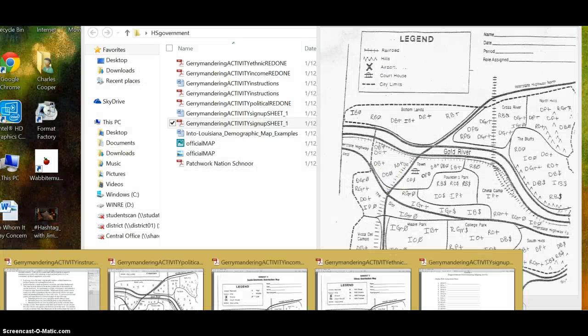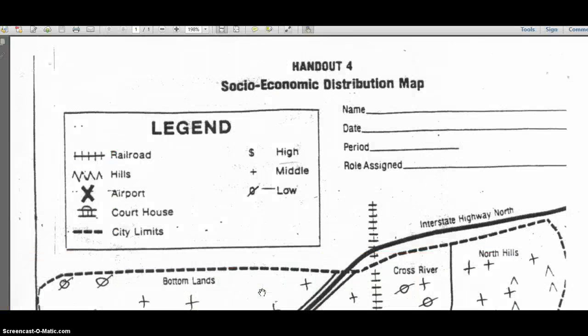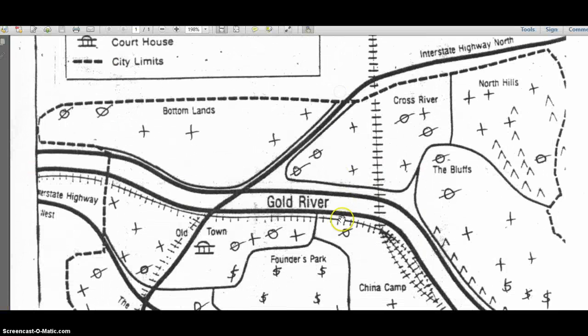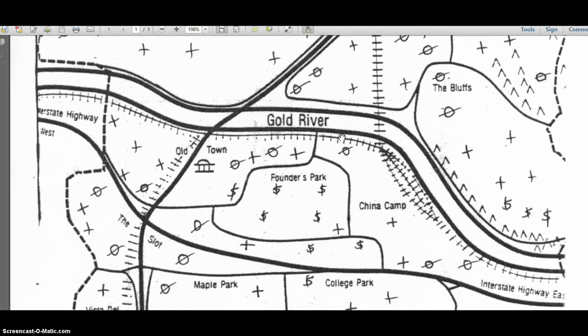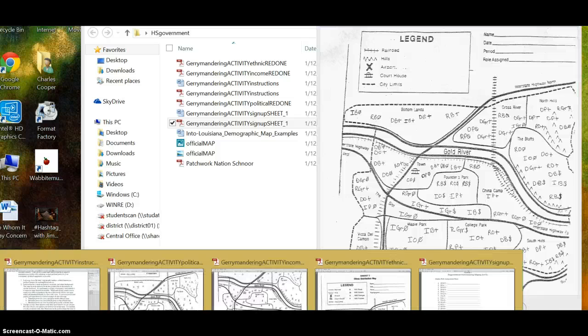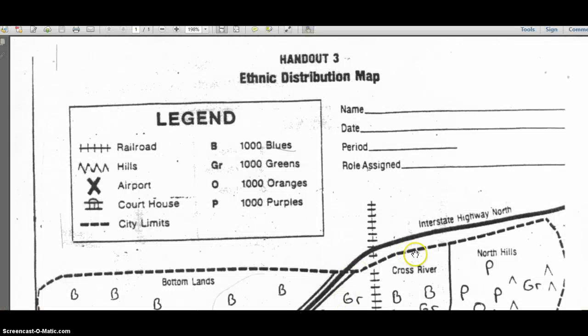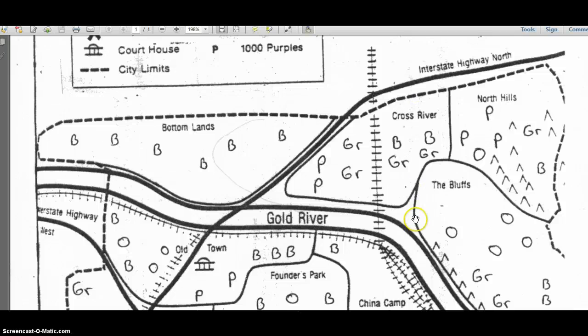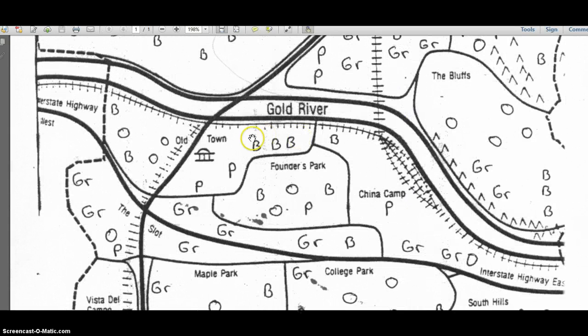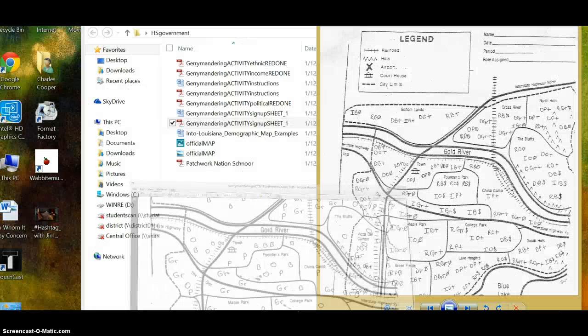30 minutes later, I'll split them into high, middle, and low income groups, and so some of them will have to switch sides. Others will stay with their partners, and they're going to have to carve out district boundaries here that are going to benefit their income demographic. And then in the final map, they're going to get with the groups where they identify with their ethnic demographic, so that if they're blue, they're going to look to draw boundaries across this town or state to benefit that particular demographic.